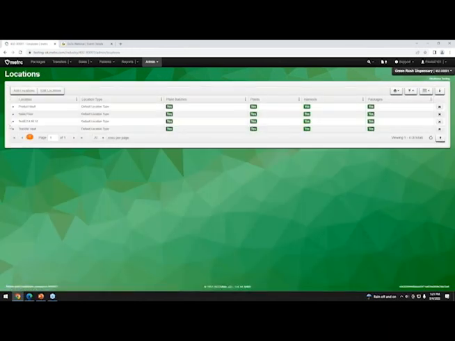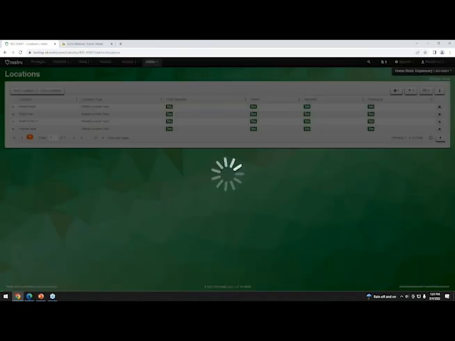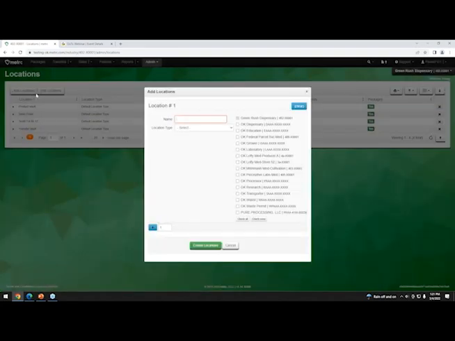All right, you're probably not going to have quite as many locations as a grower would, but you will have to have at least some of these. So we already have a product vault, sales floor, and transfer vault. You can add locations to multiple facilities at once if you have similar terminology between the different dispensaries or even just different licenses. For location type, you're going to be looking at default location type. That's pretty straightforward. It just gives you the ability to do anything you need to in that location.